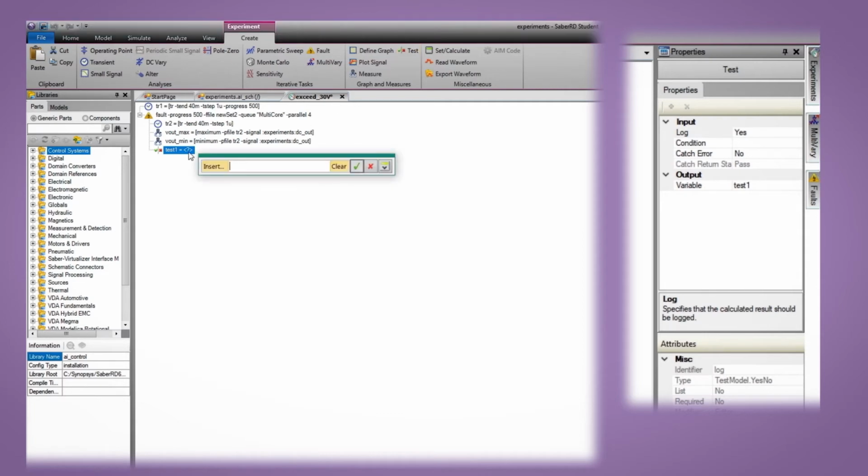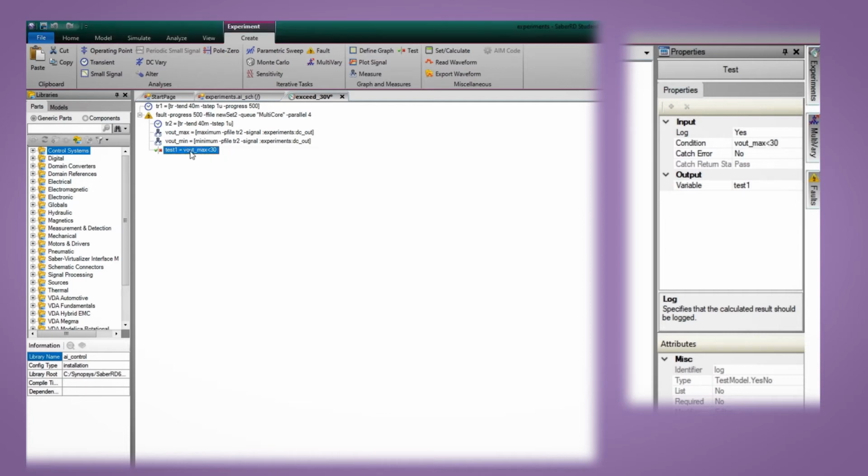We click on the question mark and type in a Boolean expression which says measurements under 30 volts are acceptable. This implies measurements over 30 volts are a failure. We specify another test to check for faults which produce negative output voltages below -1 volt. We could use just one measure with a Boolean expression to test both conditions, but then we will be unable to determine which condition causes the failure.